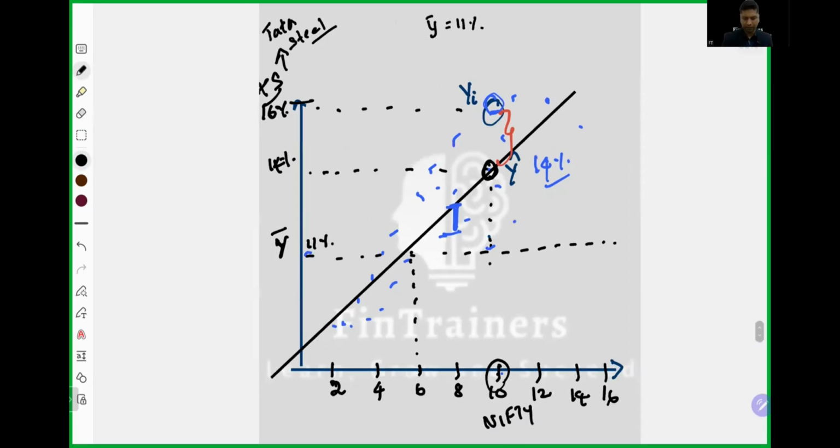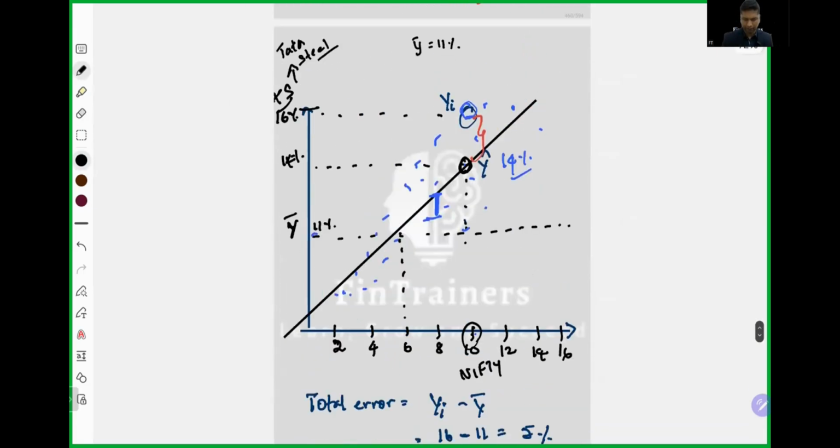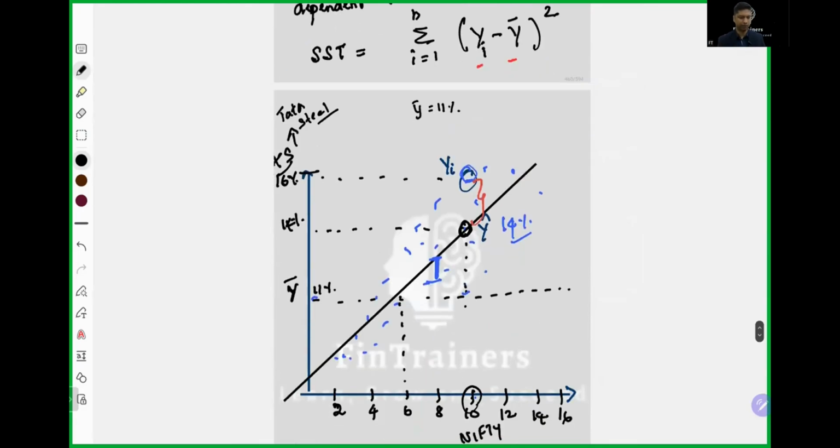But then we will have some equation, right? So we are going to have a regression equation, with some intercept and slope, and that is what this Tata Steel equation is. Based on Nifty's performance, we are going to predict Tata Steel's performance. Now, let's say for 10% returns on the market, our prediction is 14% for Tata Steel. Okay, so this is our predicted value,